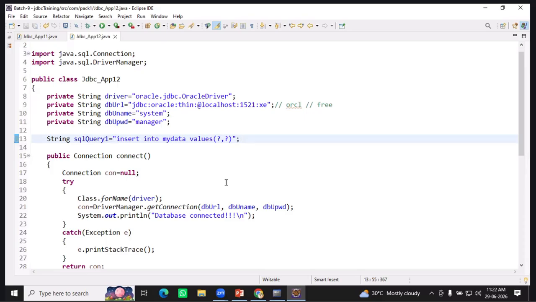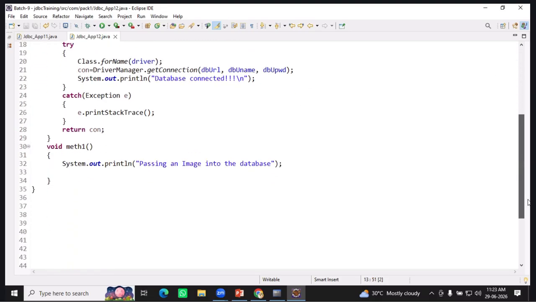Please respond. Now, the first question mark represents a column in the database that is of type varchar. In our Java, it is of type String, so basically we need to set the string. The second question mark is a blob. Blob, yes? Okay, we'll see that. So let me get back here, passing an image into the database. And after that, obviously, try